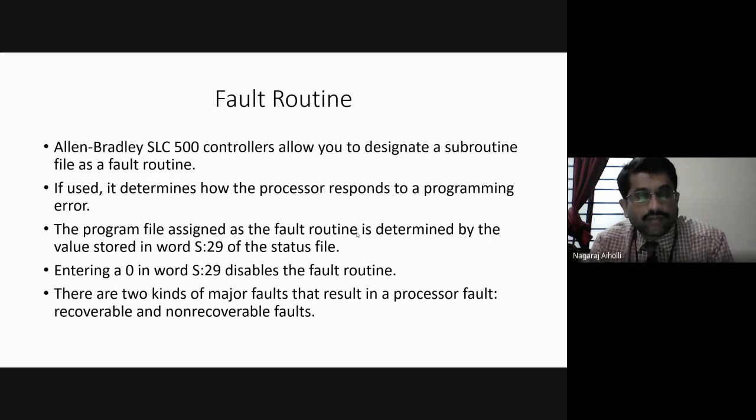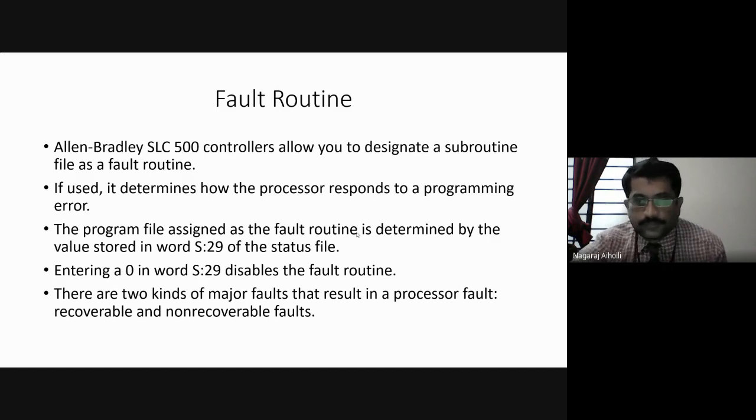Non-recoverable means that after introducing the fault and analyzing the response of the program, we are not able to repair it. We shut down the non-recoverable fault routine there itself. We just stop it.